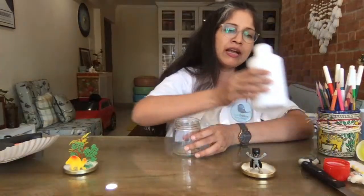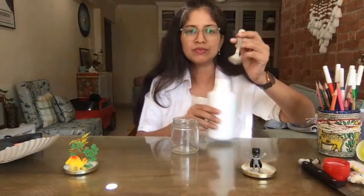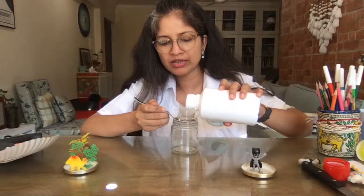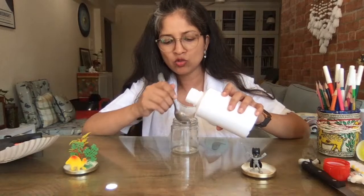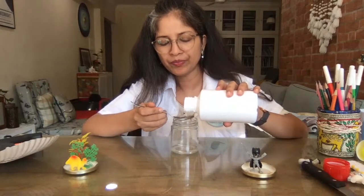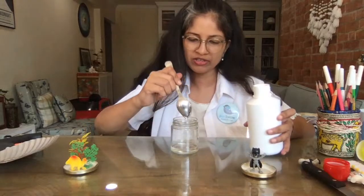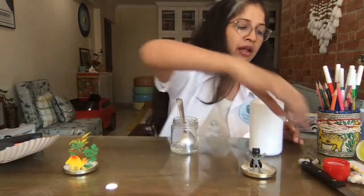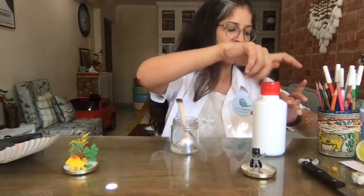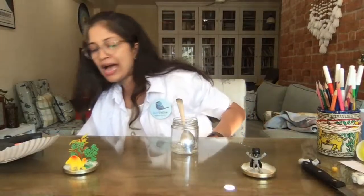The next step is, we take out a spoon of glycerine, and we put a spoon of glycerine inside. So 1 spoon, 2 spoon, 3 spoon, 4 spoon of glycerin I have added. Now what I need to do is put some sparkles in it and water in it. It's a very simple thing. And once you've added the glycerin,